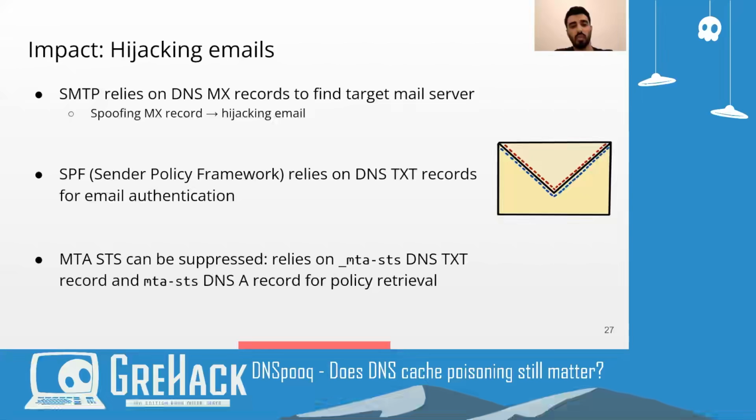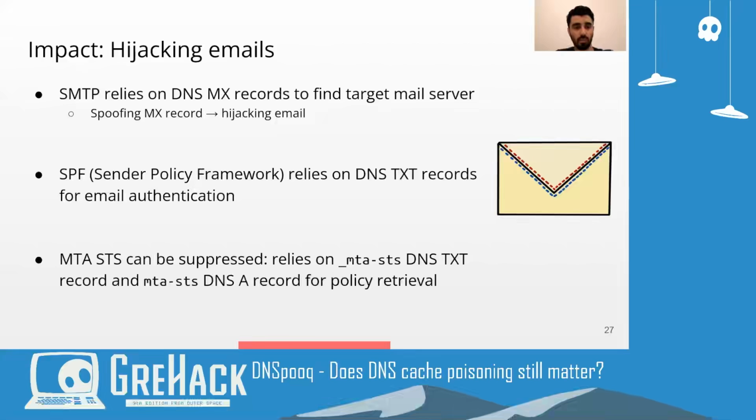And SPF relies on DNS text records to do that. So if the attacker has a capability to insert arbitrary records in a resolver cache, it can bypass